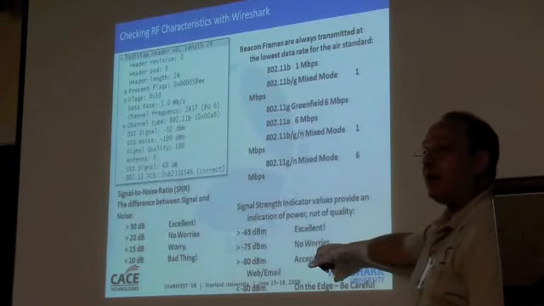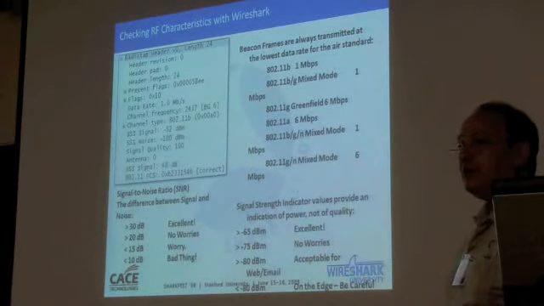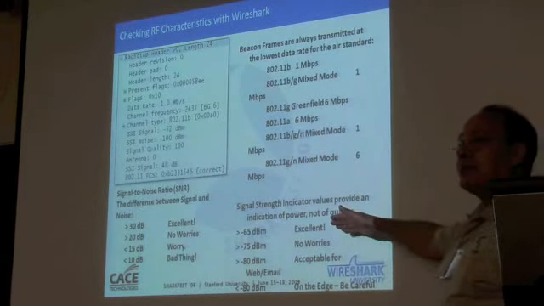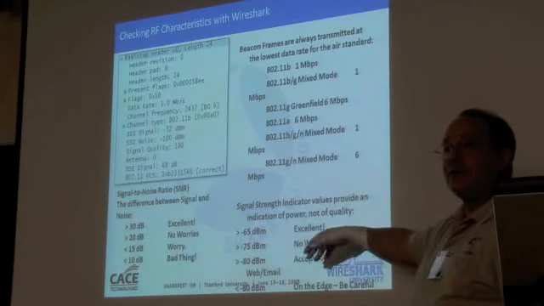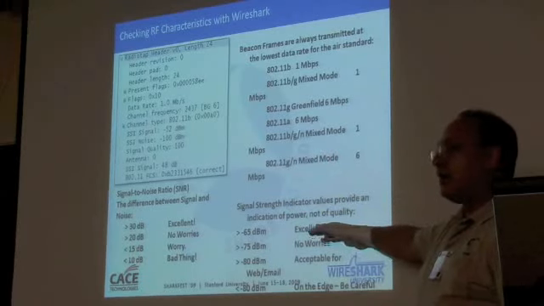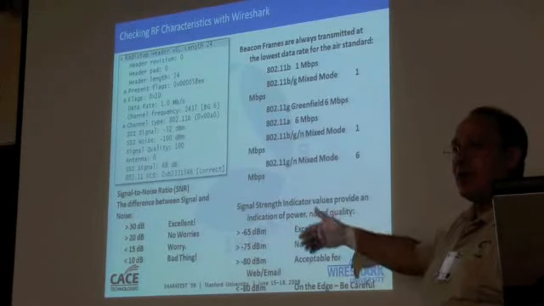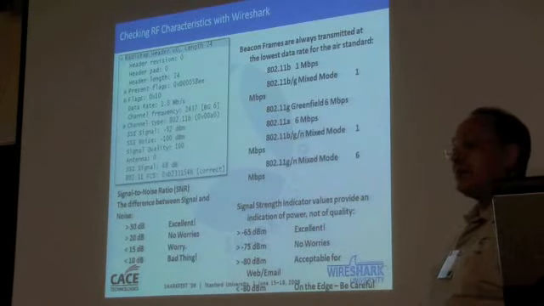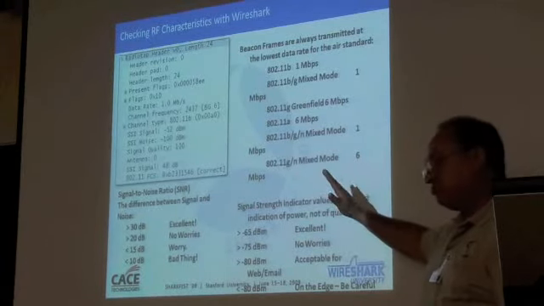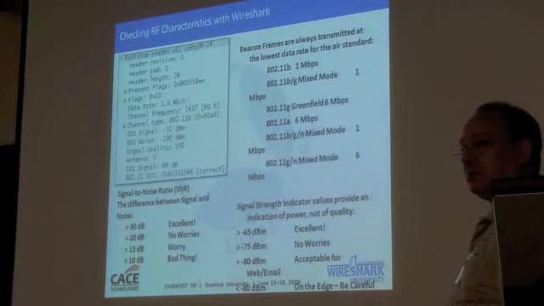Minus 75 or greater, you're fine. You may not get the best VoIP call quality, but you'll still talk just fine. VoIP vendors want minus 65. Avaya, Cisco, Vocera, whoever, they all say, give me minus 65. That's a hard number to come by sometimes, unless you put an access point in every room. Greater than minus 75, no worries.